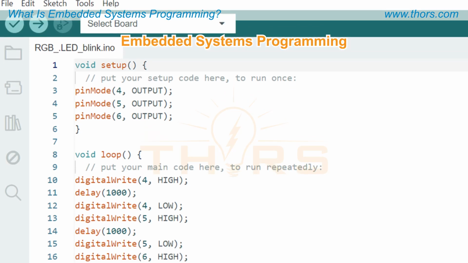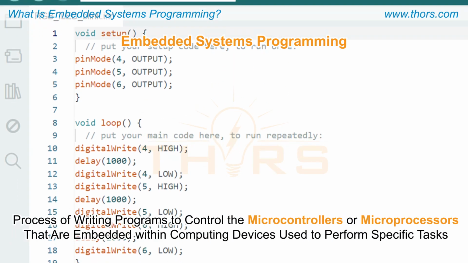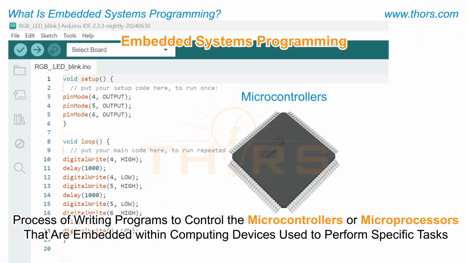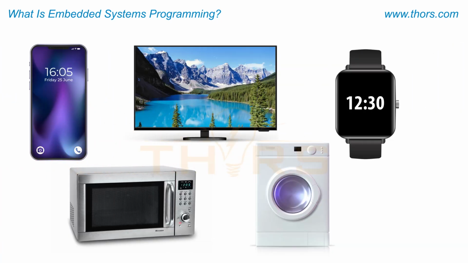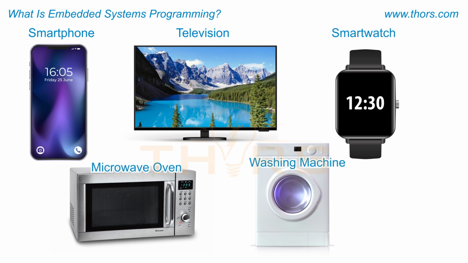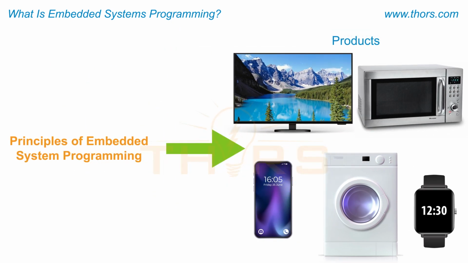Embedded systems programming is the process of writing programs to control the microcontrollers or microprocessors that are embedded within computing devices used to perform specific tasks. Computing devices that have embedded systems include smartphones, televisions, smartwatches, and home appliances such as microwave ovens and washing machines. By using the principles of embedded system programming, it is possible to create products that meet the specific needs of